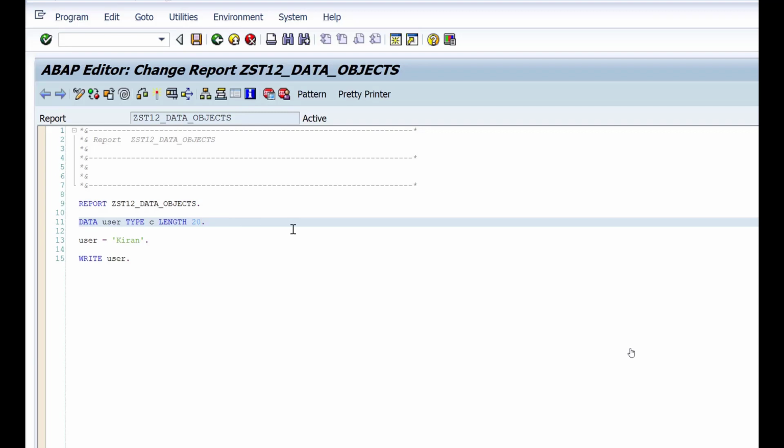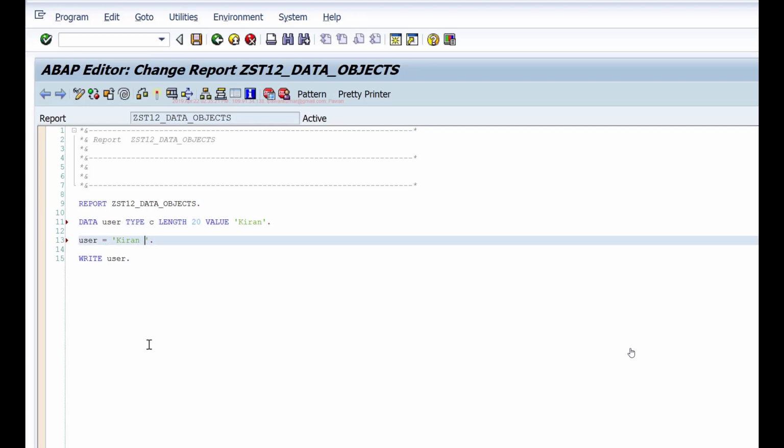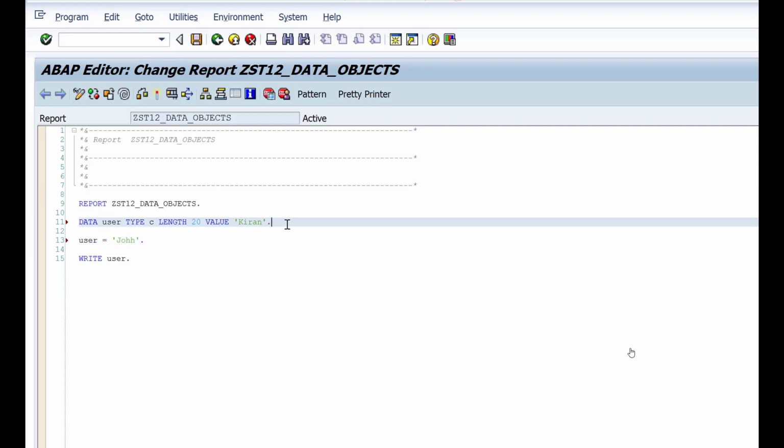And there's one more addition that you can use. If you want to define a memory and you want to place a default value in that memory, then you can use this value addition and maintain the value. Initially when the memory is defined, it will have this value, but later I can change it to something else. The default value will be the initial value of that memory, but later in the program you can change it as you wish. It won't complain. So this is how you define your variables.